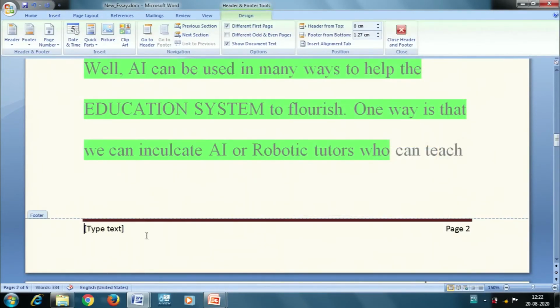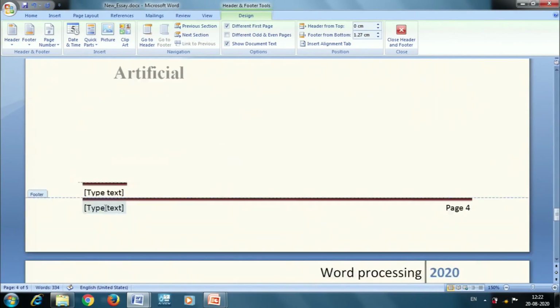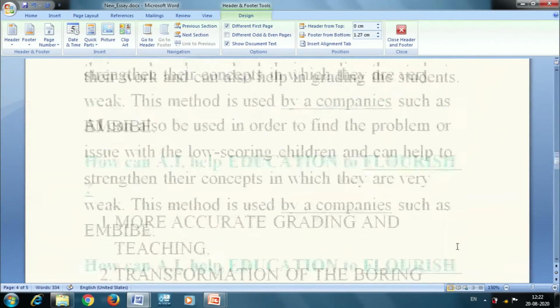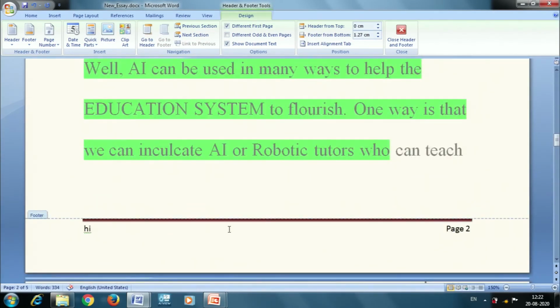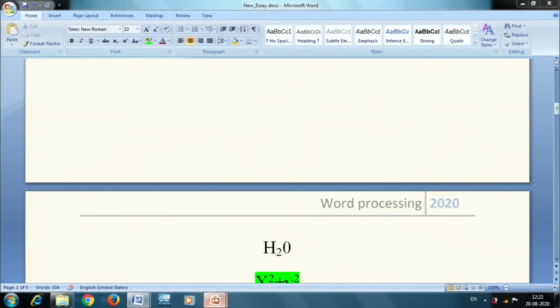Here you can see it is displaying the page number, and suppose I want to give some information, I can type it here. So, in all the pages, my footer will have the page number as well as the message which I have typed. So, you can use header and footer also in your document.